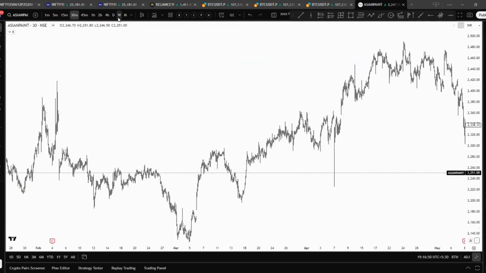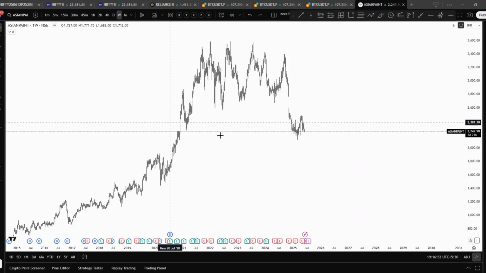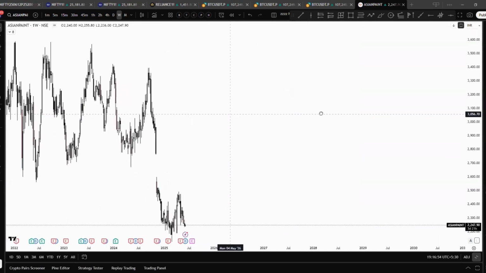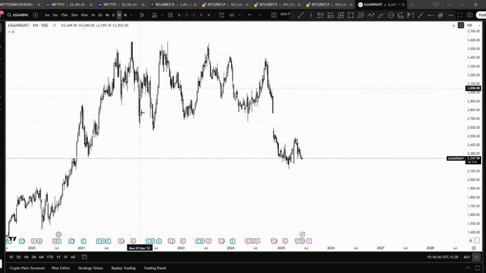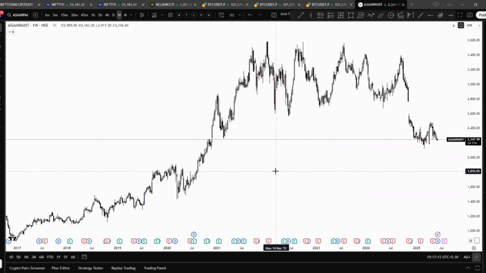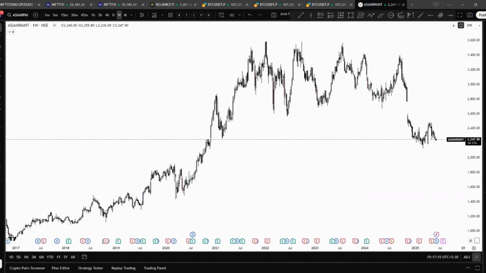Yeah, Asian Paints. It's one of my favorite shares. The idea was that it formed a balance, and we continued. For a long period of time, this was my go-to share because I could sell the tops and buy the bottoms. One time it failed and I took a loss over here. But the idea is whenever there's a range or a chop, I tend to look for those shares.